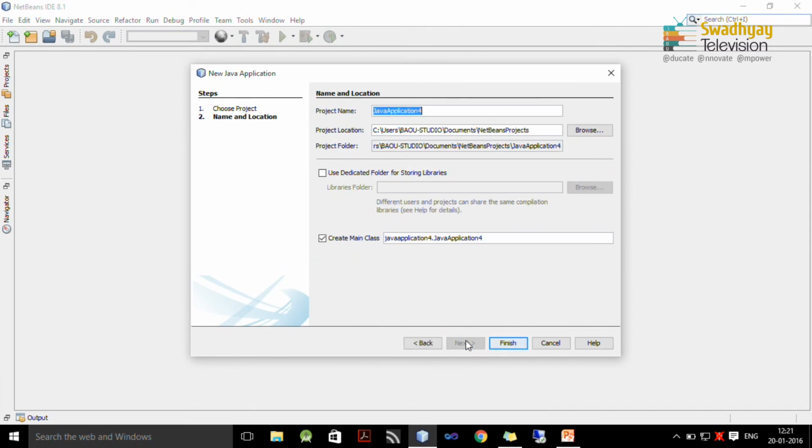Here the name of our project is selection demo. So, I write the project name as selection demo, this is the project location, and we do not want to create a main class. So, uncheck create main class, and then we finish.